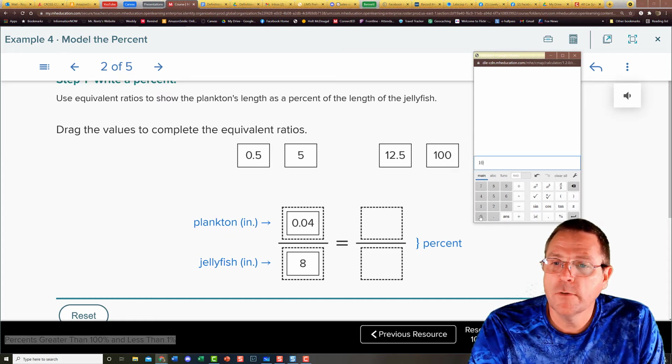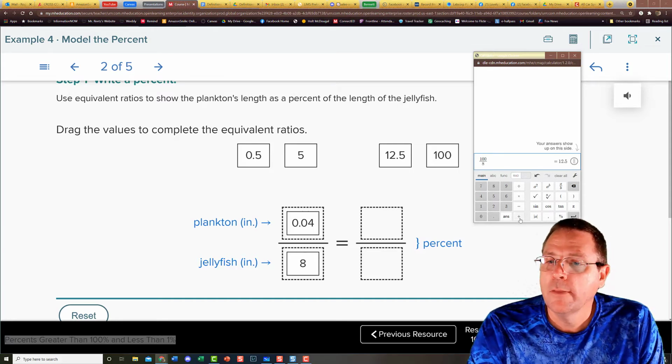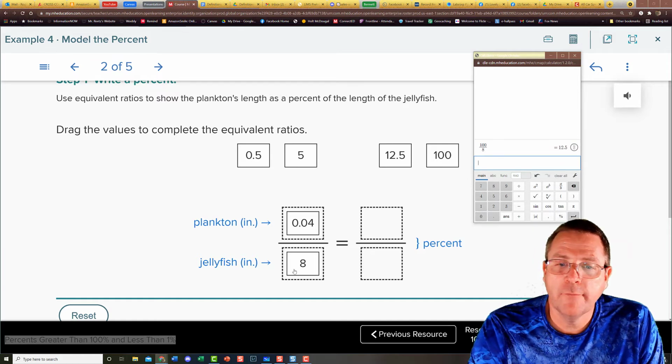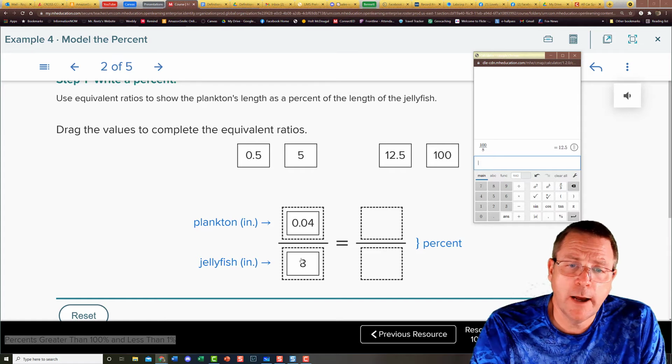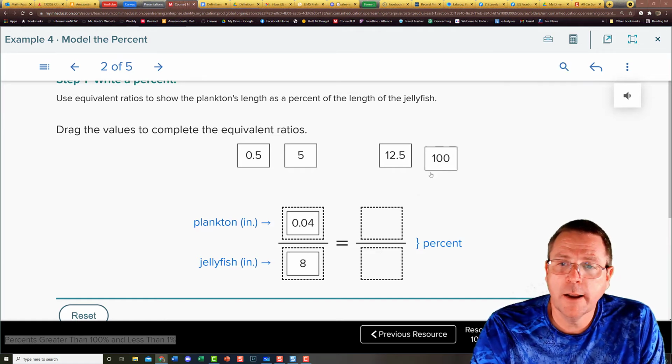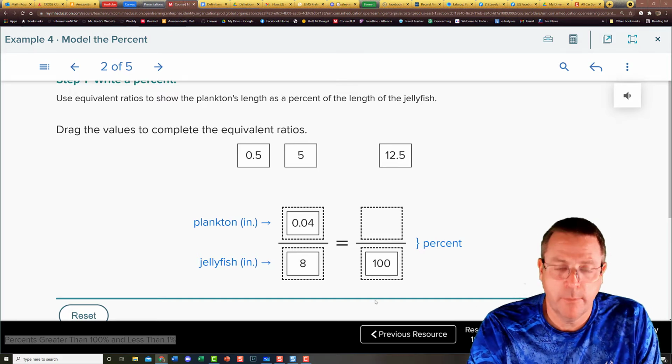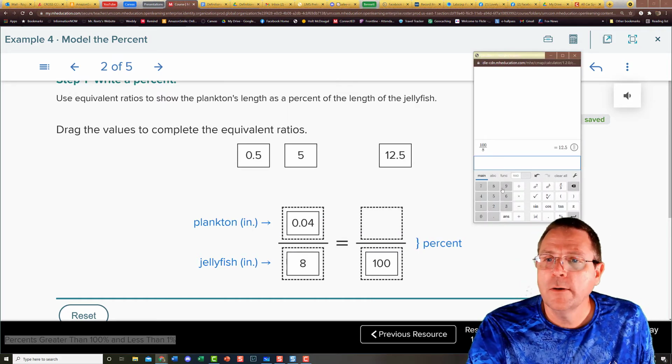If I was to take 100 and divide that number by the 8 we have down here, that is going to end up equaling, where's my equal sign? Right there. That's going to equal the 12.5. That means I have to multiply the top number and the bottom by 12.5. Of course, 8 times 12.5 is going to be the 100. And then we have the